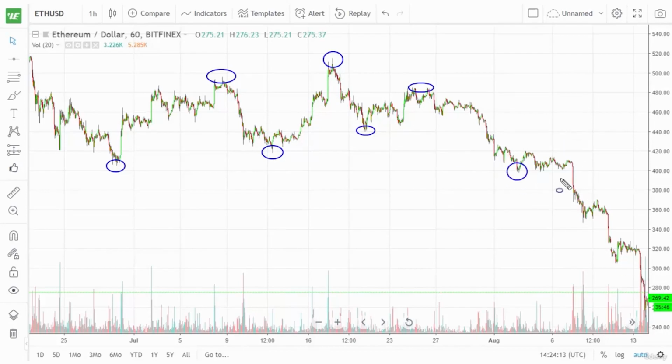We didn't even really get a swing high from there. I suppose you could call it that, but that's not enough to be worried about. And you can see that that's just how the market undulates. So that's something that you need to be familiar with. So let's go ahead and